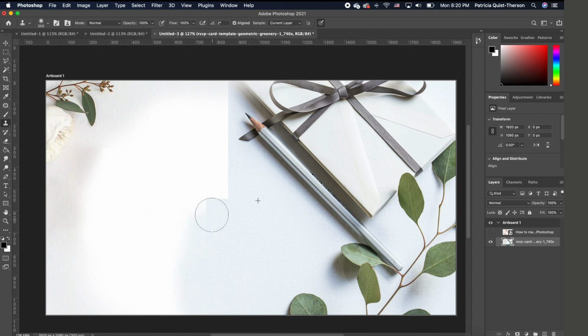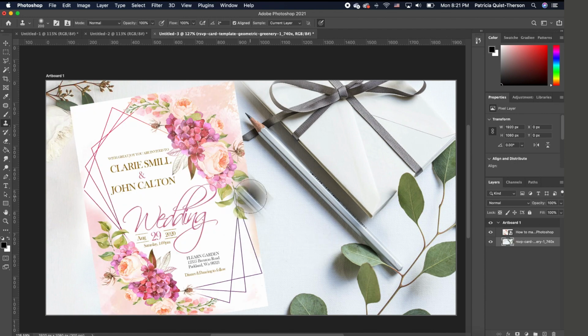I can paint it over to basically pick this up, and I can keep repeating that until I sort of blur this area completely in. It looks good enough, so I can go ahead and turn this back on. So we have this nice uniform